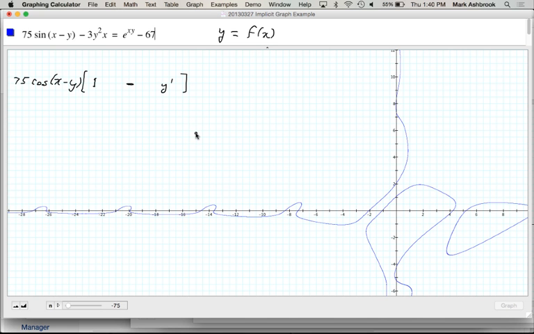Now I'm spacing this out to make a point here, so it's going to help us, okay? All right, so now what about minus 3? So that's the derivative of 75 sine of x minus y. And so what about minus 3y squared x? So that's going to be, what do we have there? What's the structure of that? Product. So we want to use